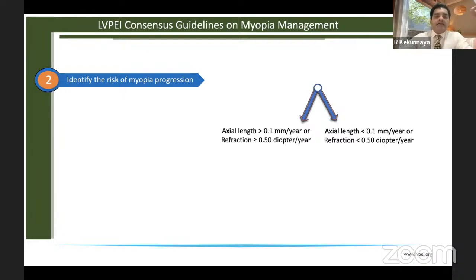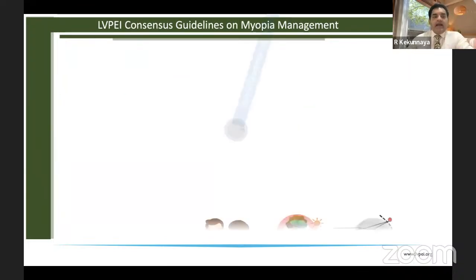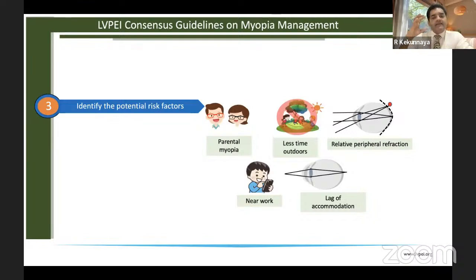diopter per year. What are the risk factors for this? We need to see. And the third thing is whether there is parental myopia. When both the parents are high myopic, for example, the father and mother are more than 6 diopters, then the child becomes very high risk at the beginning. Even if the myopia is 0.5, I'll be a little bit aggressive in that particular child, versus both the parents